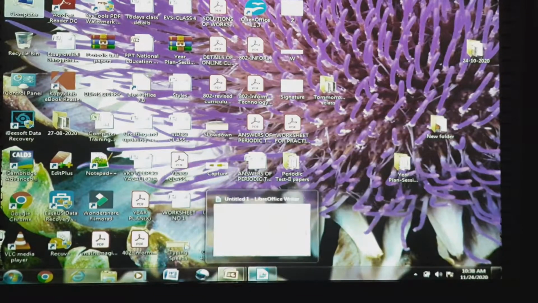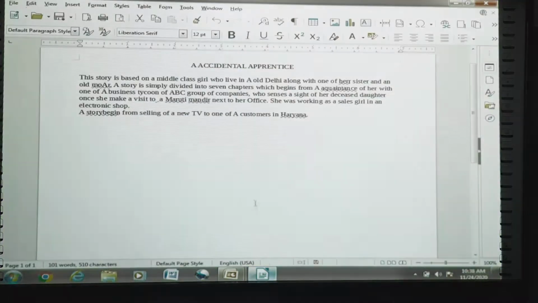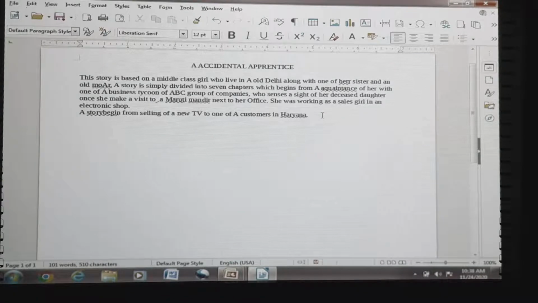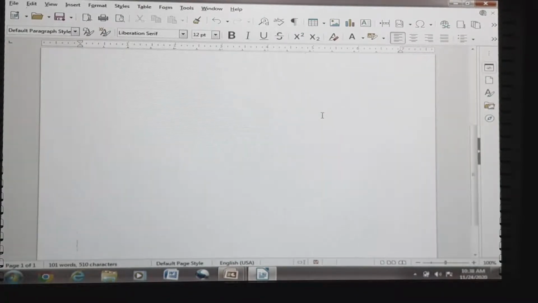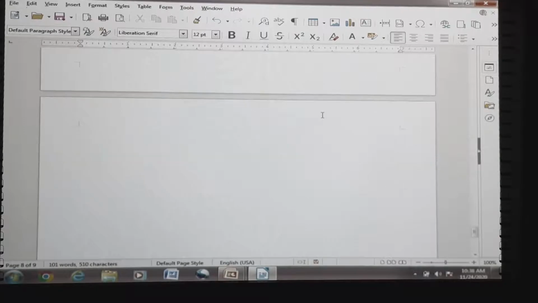A picture depicting the same has not been included, so I will show it to you. Let us see. Suppose this is our LibreOffice Writer. Now I am moving from this page to some other set of pages. Say, page number 9 I have reached. It is clearly visible from this location. Page number 9 I have reached.